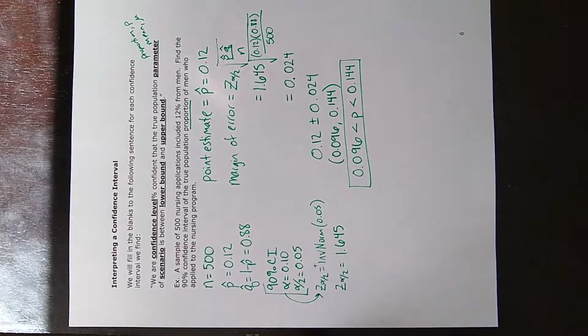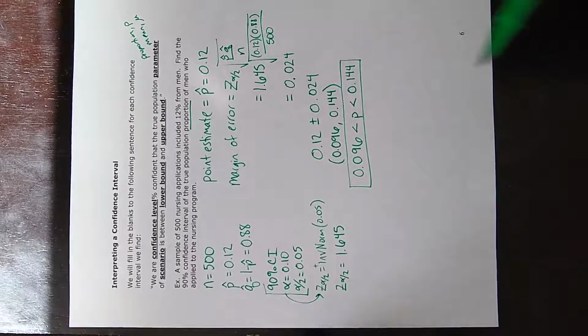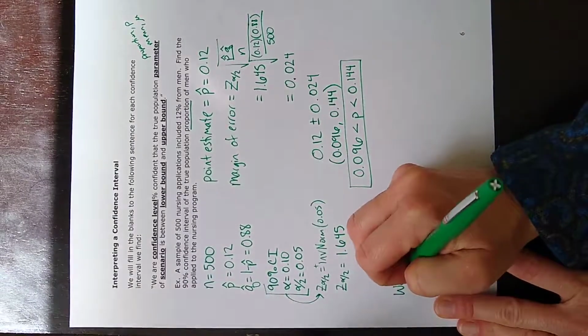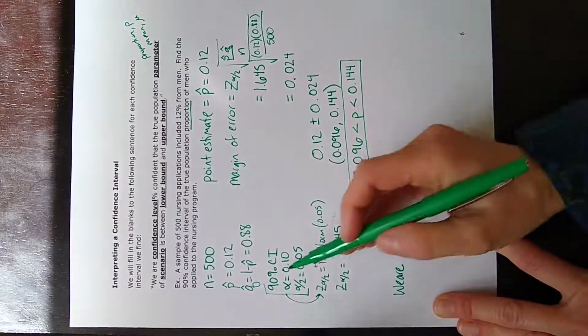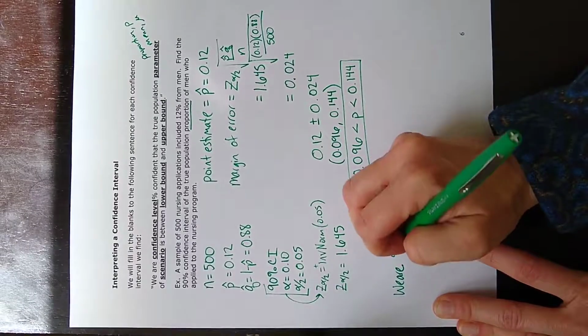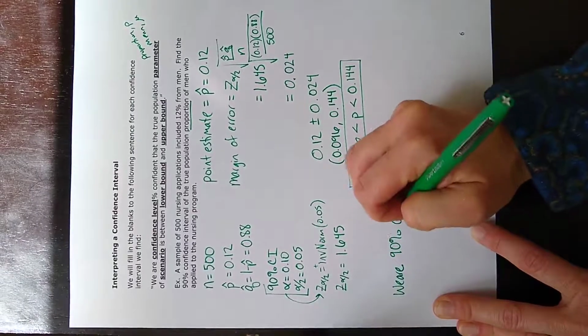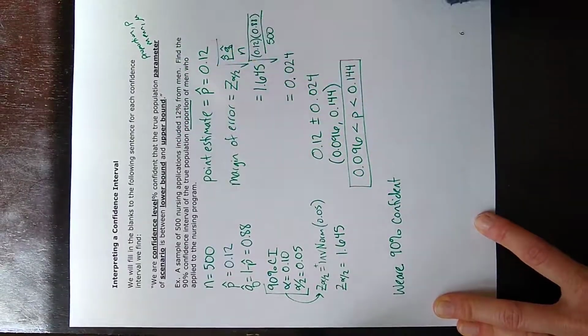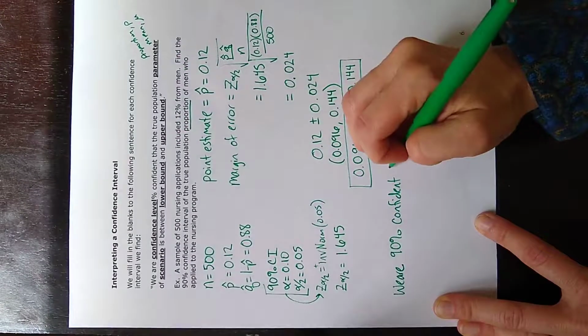Most of the questions will ask for 2 parts. They're going to ask us for the confidence interval and also to interpret it. Interpret it means explain what it means with words. What are these numbers? What's the p? So that's where we're using this sentence up here. This was a 90% confidence interval, so we are 90% confident that the true population, we were working with proportions,